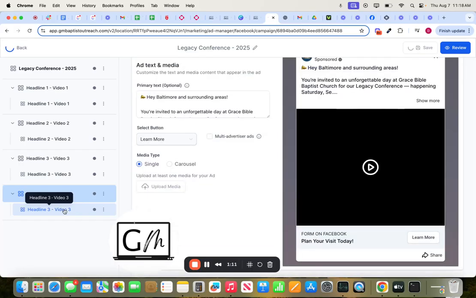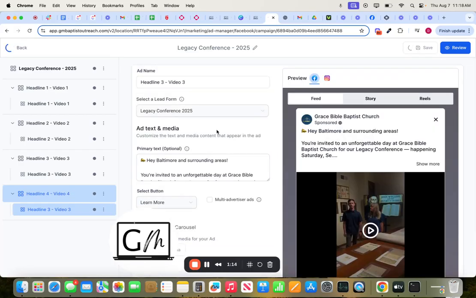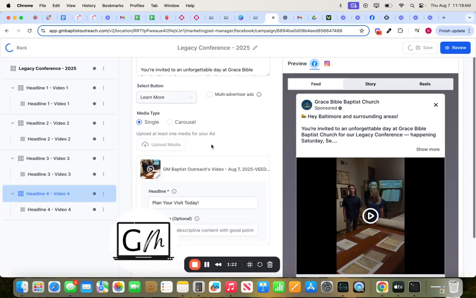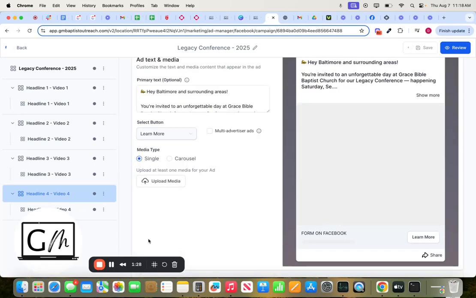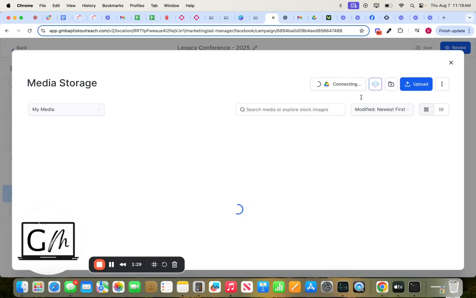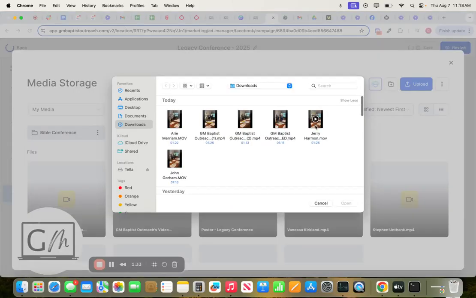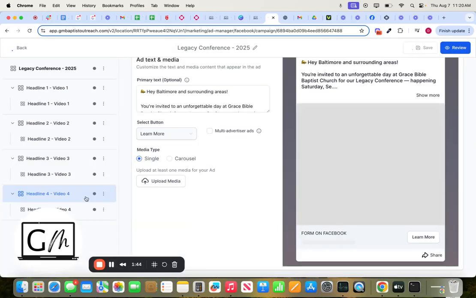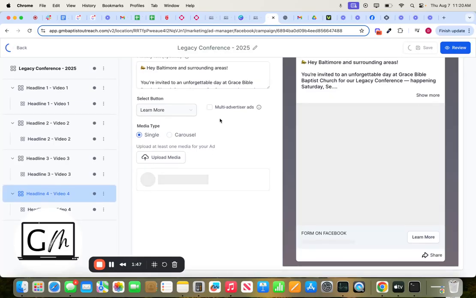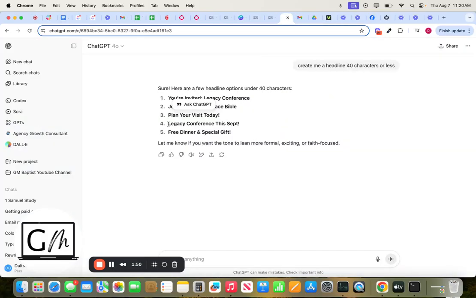But let's click down into the ad level here. And so we're going to change this headline to headline 4 and this to video 4. And then we're going to come down and we are going to delete this video. And we're going to upload our 4th video into here. Okay, we got our video uploaded. We're going to download that. As that uploads, I'm going to hop over here and grab our 4th